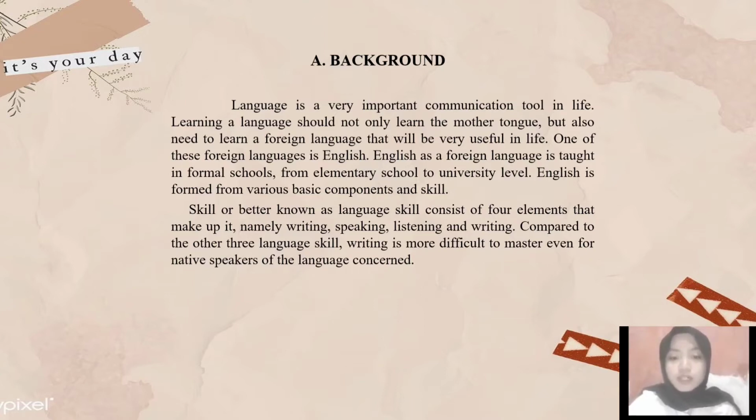And one aspect of language skill is writing. Writing is one aspect of language skill that has an important role in everyday life. By writing, a person can record thoughts, experiences, feelings, and appreciation of the surrounding environment. With writing, it is also possible for a person to communicate with others regardless of the ties of time and place, so that communication between individuals that was initially impossible to reach can take place.